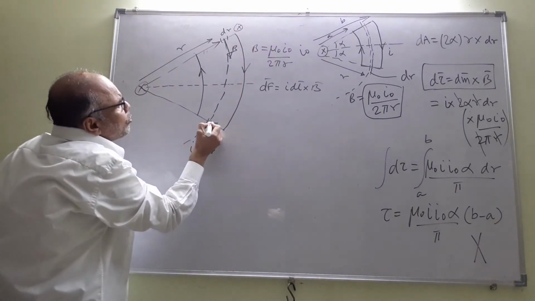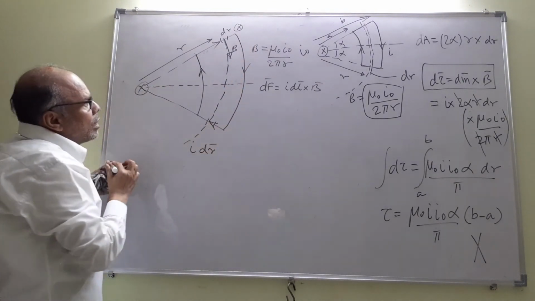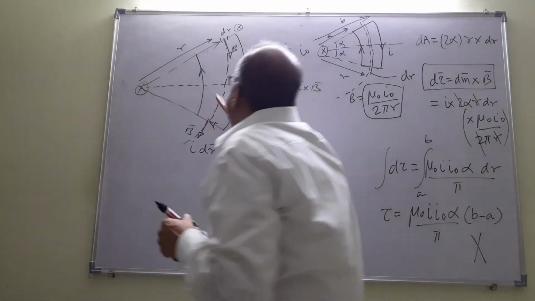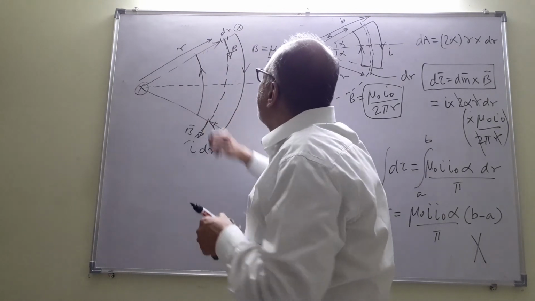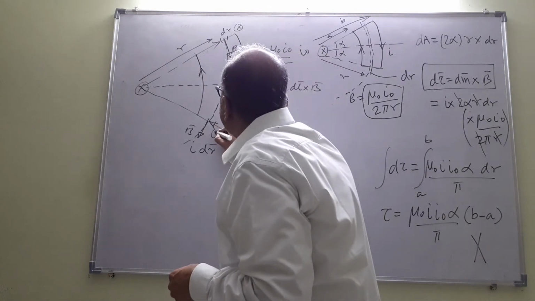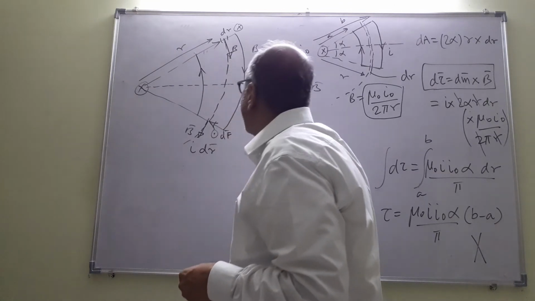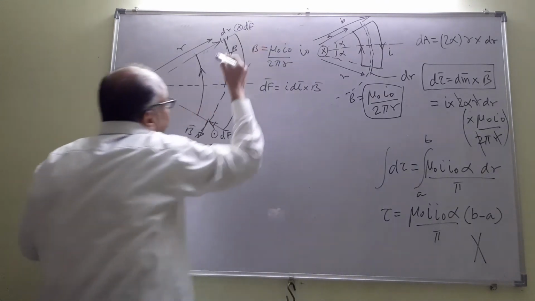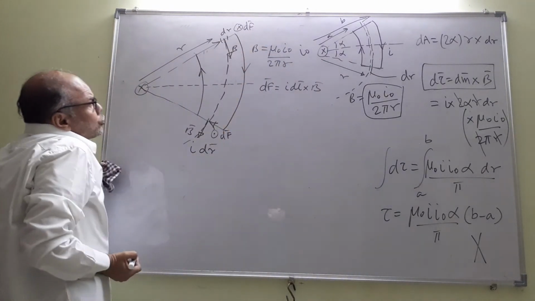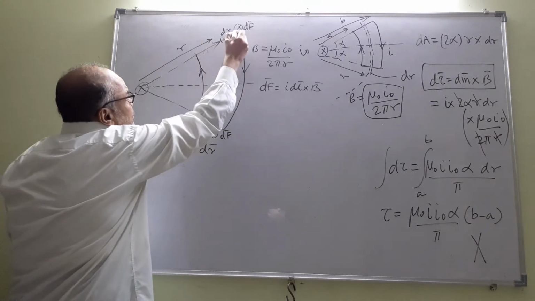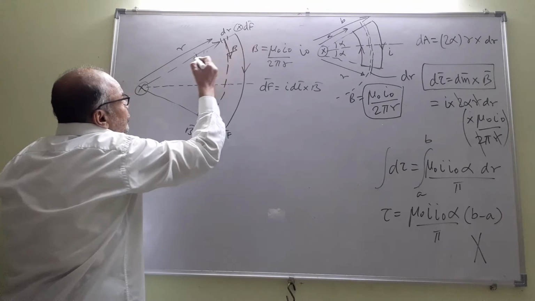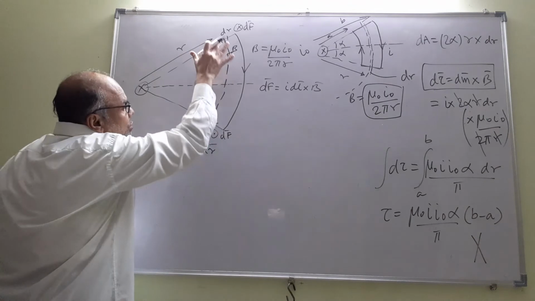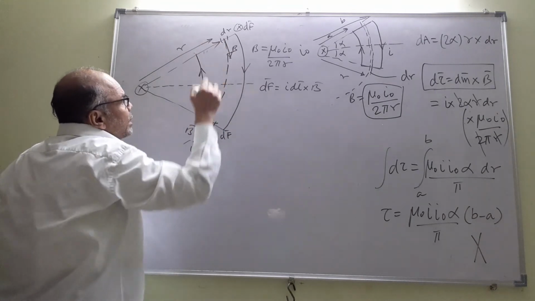Now we take a symmetrical point here. The current is this way, and B is like this. So IdL cross B, the force would be outward. dF, the force is going to be outward. Both these forces constitute a couple. They are equal and opposite, and they constitute a couple. So I will have several couples along this line from A to B, along the radius A to B, and again on this. So I will find the torque of this couple and integrate.